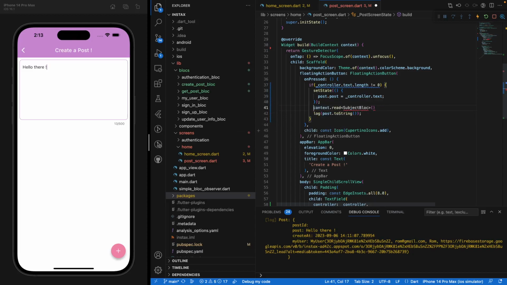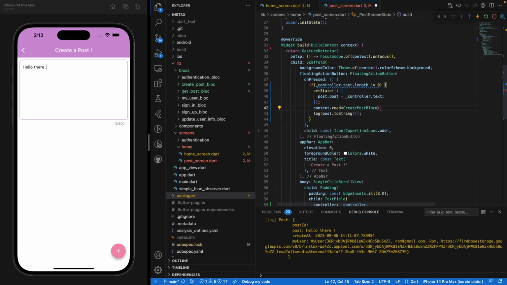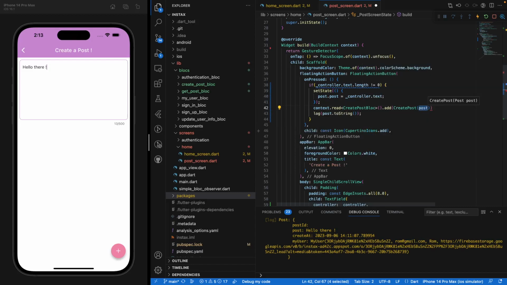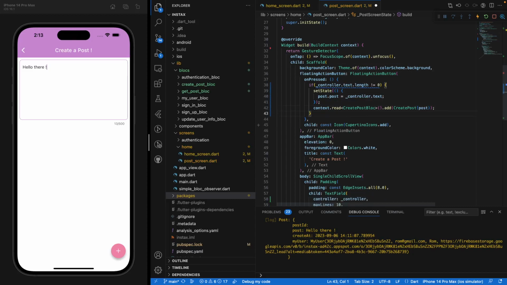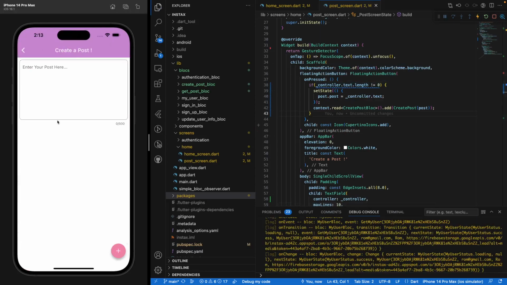And now we want to access the BLoC. So the BLoC is going to be our CreatePostBloc, and add the method create post. And we need to give it the post, which is exactly what we are doing right here. And so with that, let's save that, perhaps reload our app and navigate to the post screen. Say, hello there,